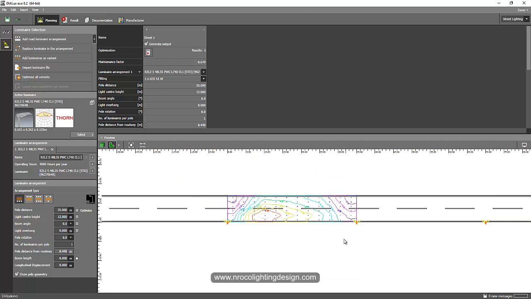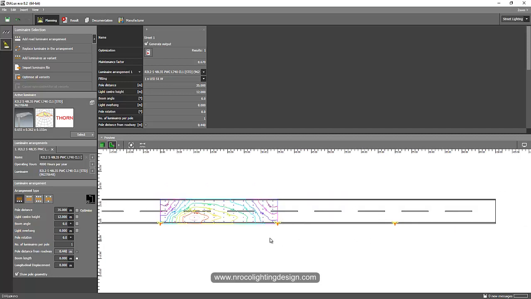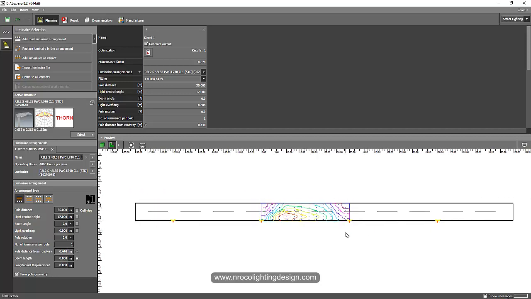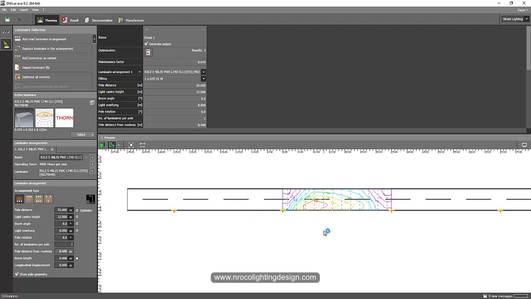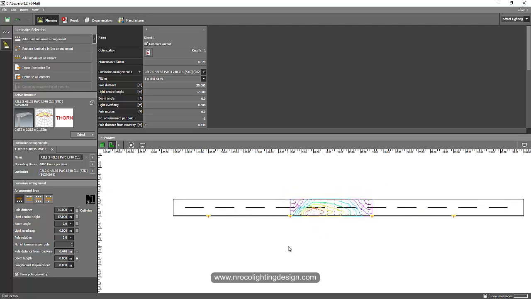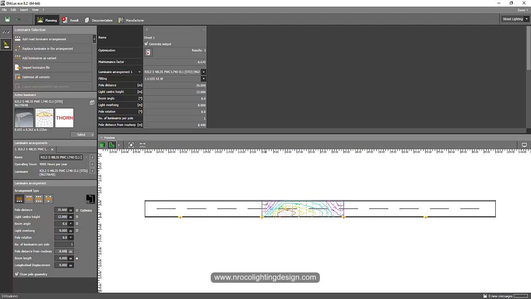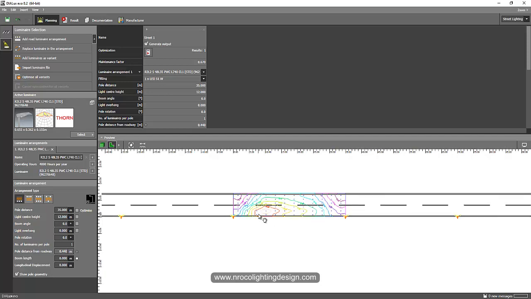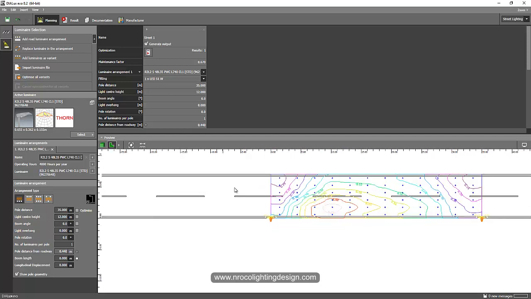So it means it will be typical to the remaining poles, up to 1 kilometer or 1,000 meters. And if your road is curved, you can still run it as a straight one, and then you will just need to lay out your pole spacing into the spacing that you generated in your calculation report.